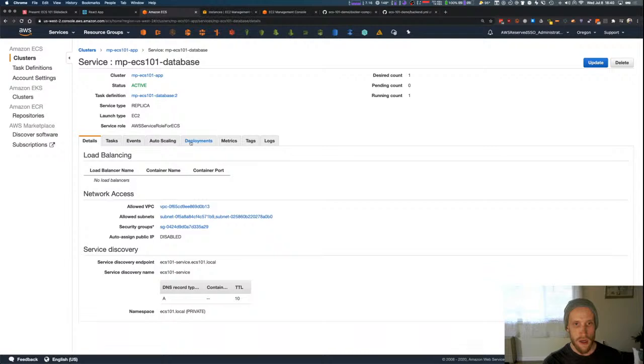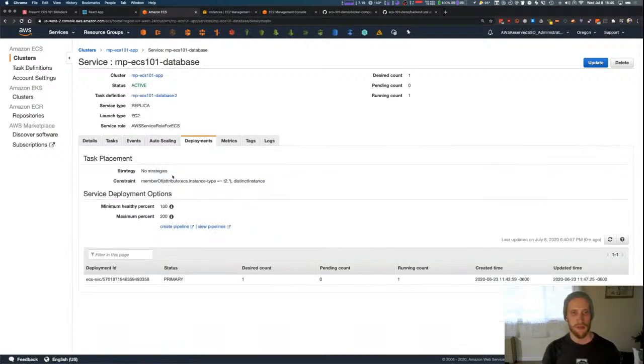Basically, we have a placement constraint on our database service, because placement constraints and placement strategies can both be specified at the task definition level, and they can also be specified at the service level. But we have a very simple placement constraint here, which basically says put all of the tasks for this service onto T2 instances. So we're running one task, and that one task is,